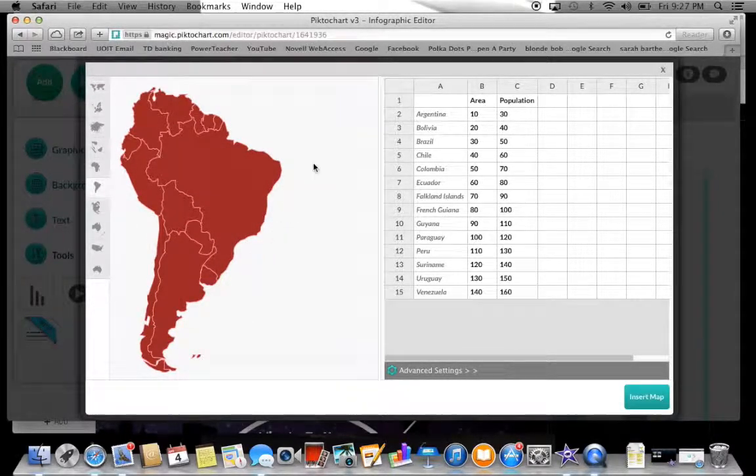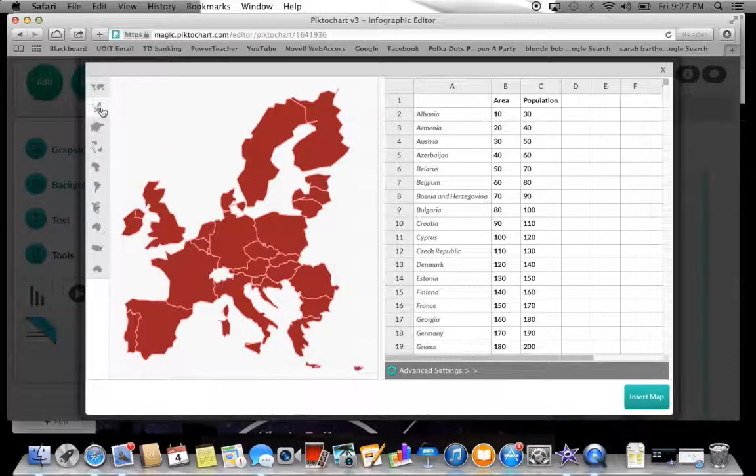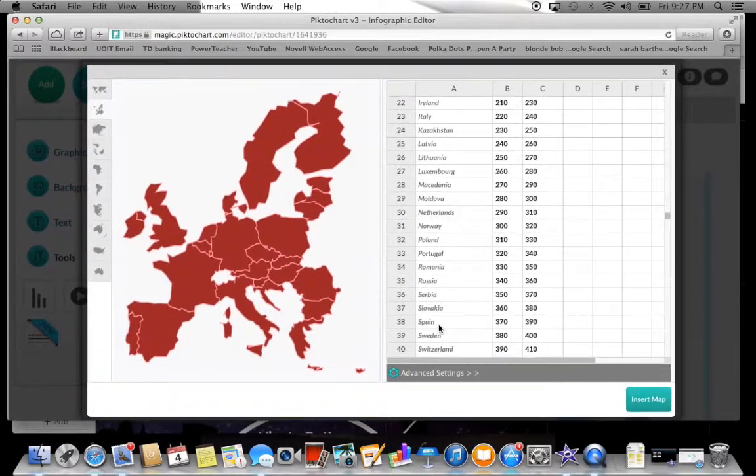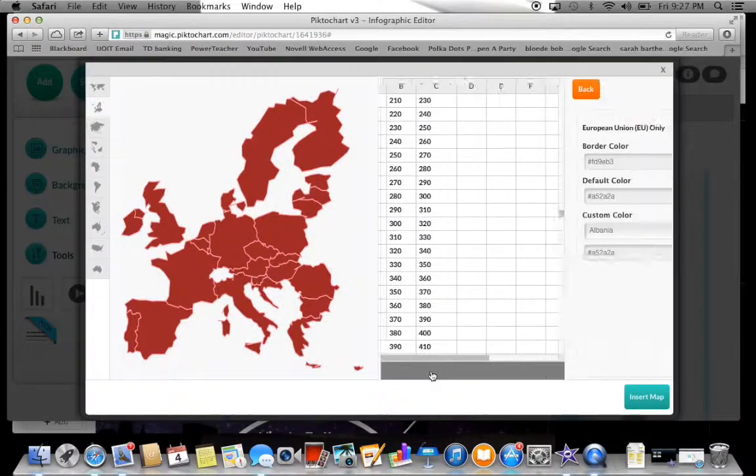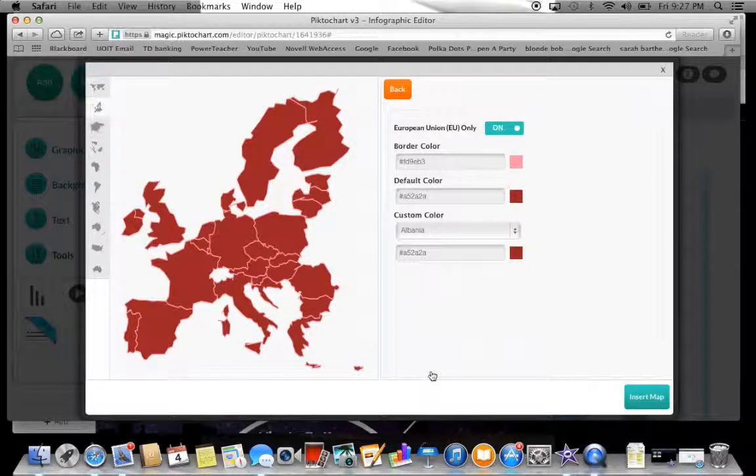So what you can do from here, if I want to input another map or change the one that I have, you can click on different things. You can edit what you actually want in the map, etc. and change the information. Then you can go to advanced settings. You can change the colors of everything. Here it looks like you could only change one country, but as soon as you,